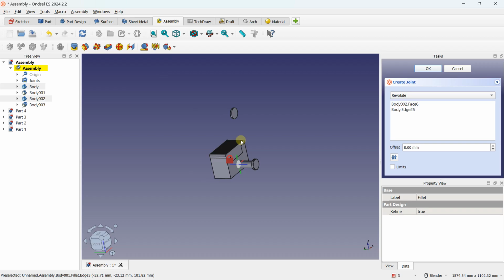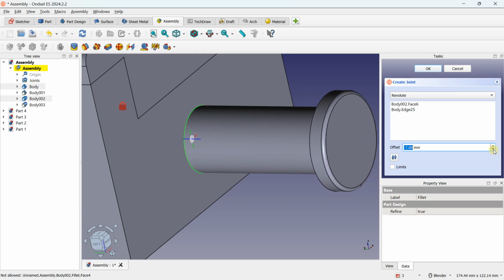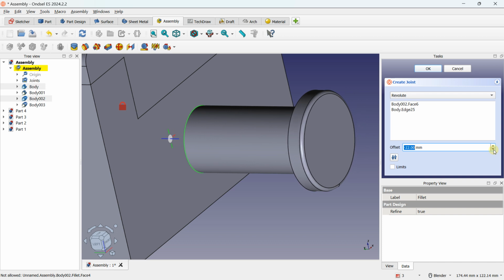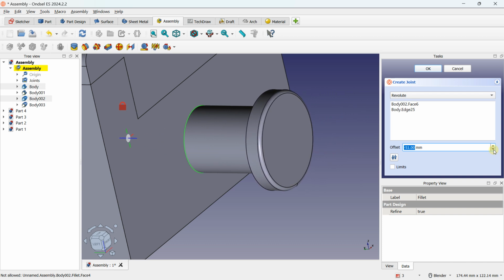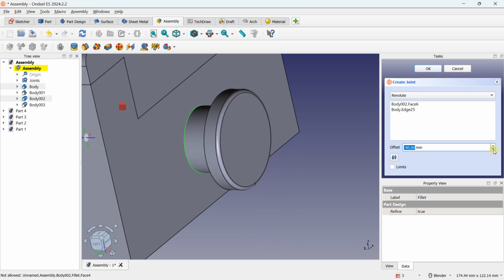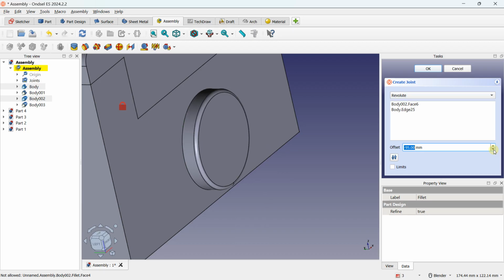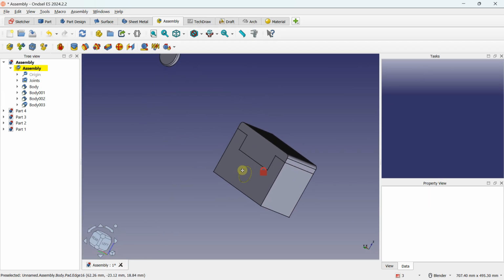I can create a revolute joint, and the element will arrive here, and I can create an offset. So it's perfect because directly I can create my offset just here, and I can go in this direction. And if I go in this direction, I can insert directly my cylinder. So as you can see, it's pretty good. It's not extremely difficult. You select a base of a cylinder and you can do something like this. And in this type of case, it will be minus 100. And I can just click and validate. Perfect.